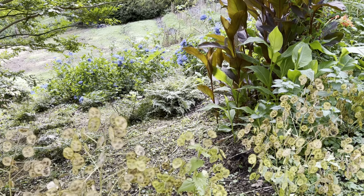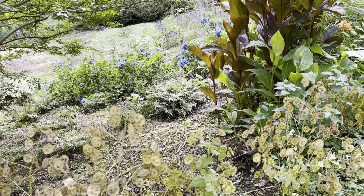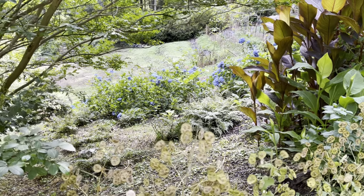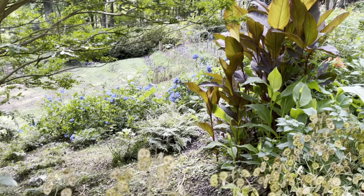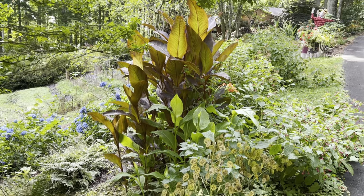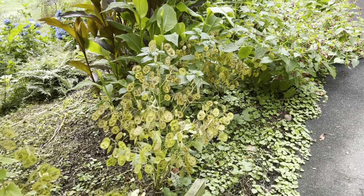Welcome to our garden. When you drive up the mountain, this is where our property begins, and you turn to the left and this is what you're going to see. So there's a beautiful stand of blue hydrangeas, beautiful canna leaves, money plants gone into seed,